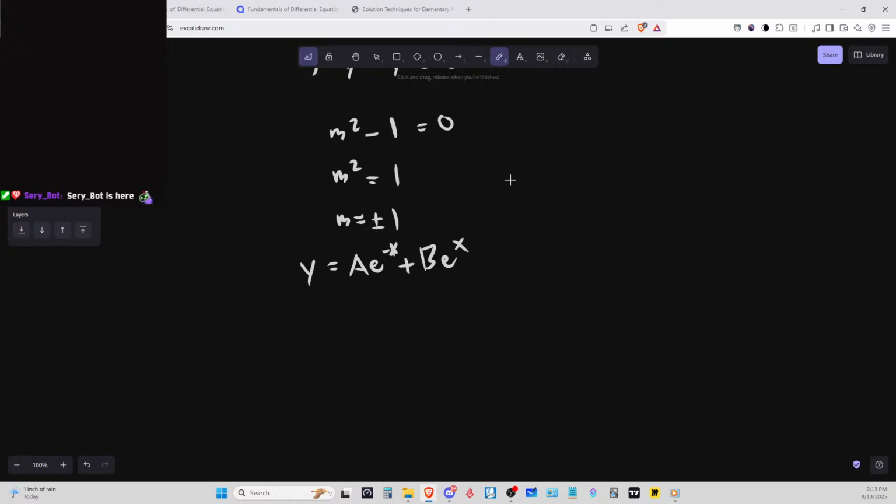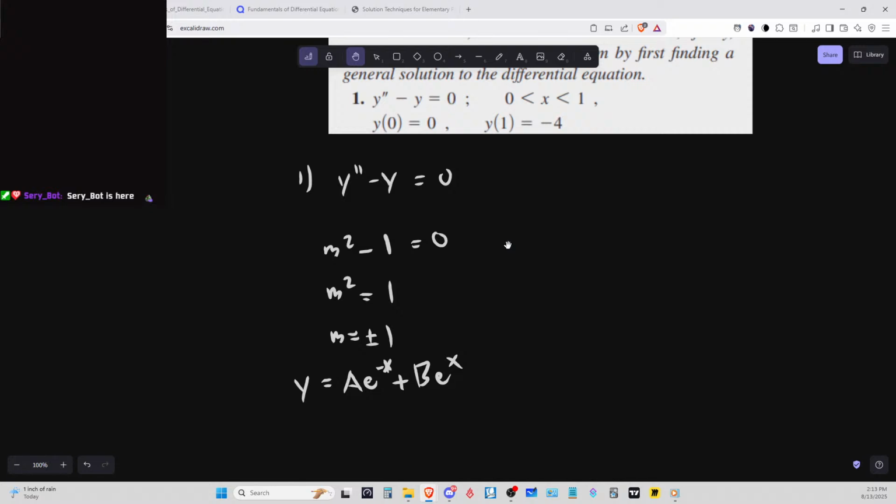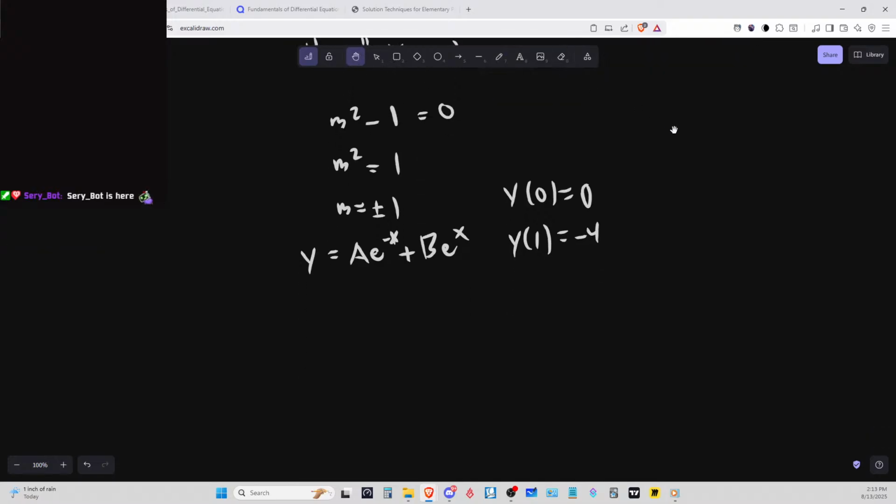And the conditions we have, make sure we do it right this time. So the conditions we have are y equals 0, and when y is equal to 1, it's negative 4. Okay, now let's do this correctly. So we have 0, and when x is 0, that